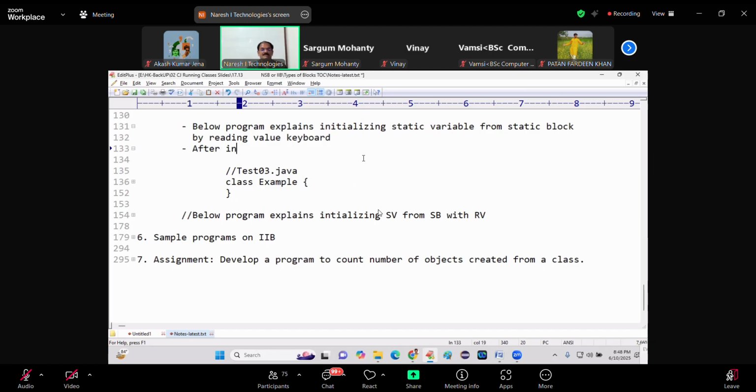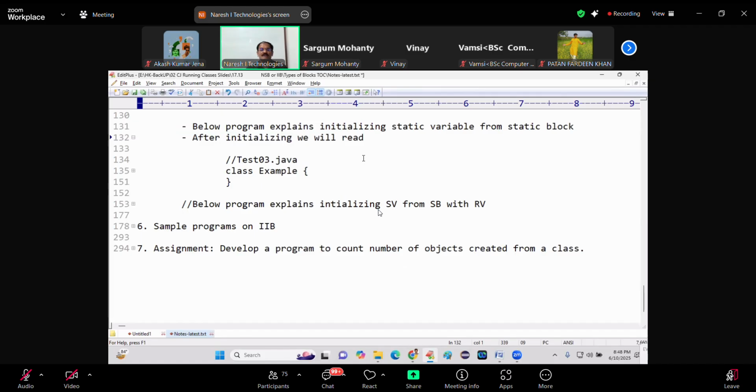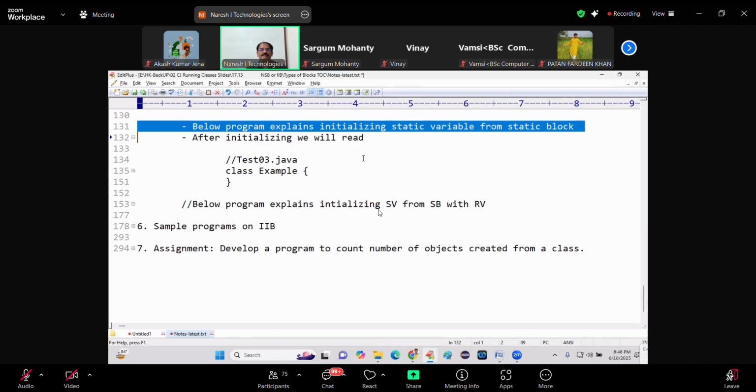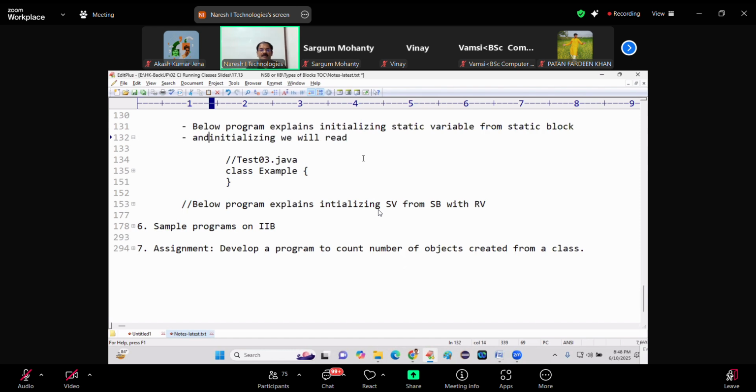After initializing, we'll read. Okay, 1 minute, sir. I want to write two programs for your clarity. Below program explains initializing static variable from static block and reading that initialized value